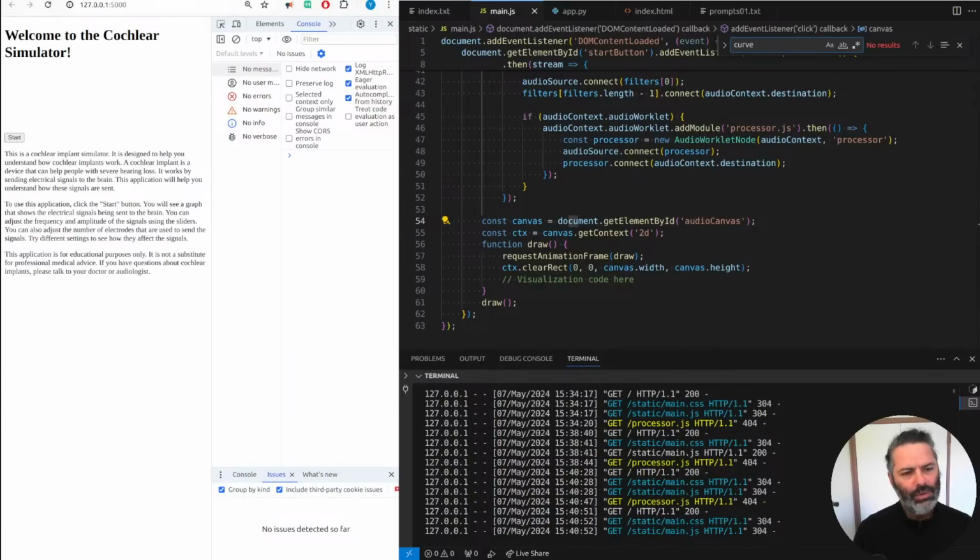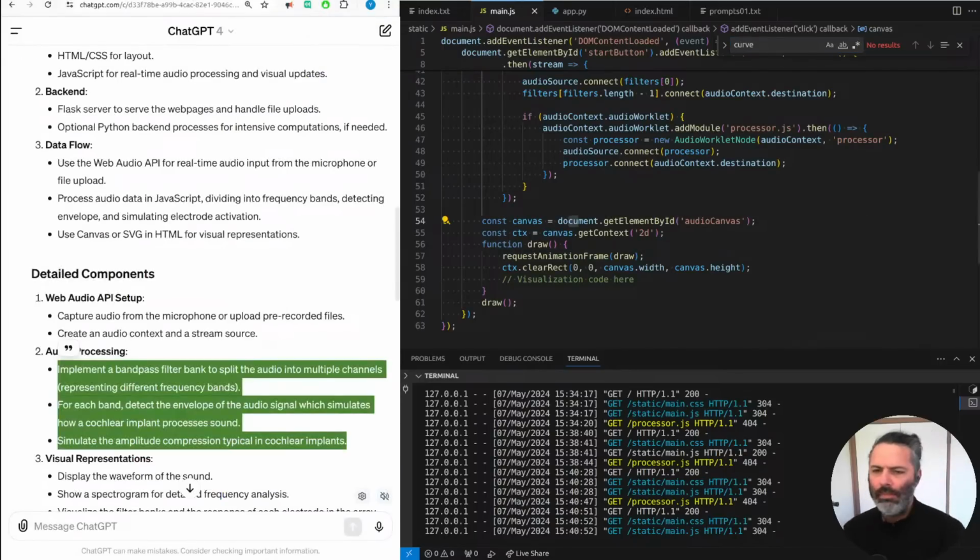Create a gain node, create a wave shaper for the envelope follower. Set the curve for the wave shaper. I'm not sure about that. Yeah, I don't know about that. Let's go back to